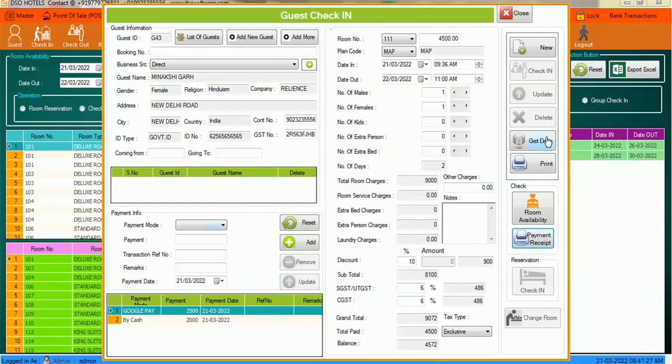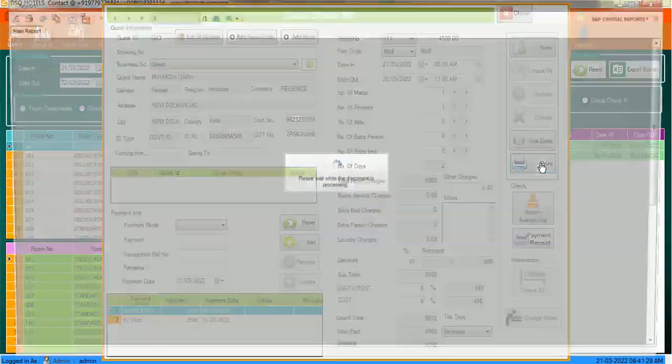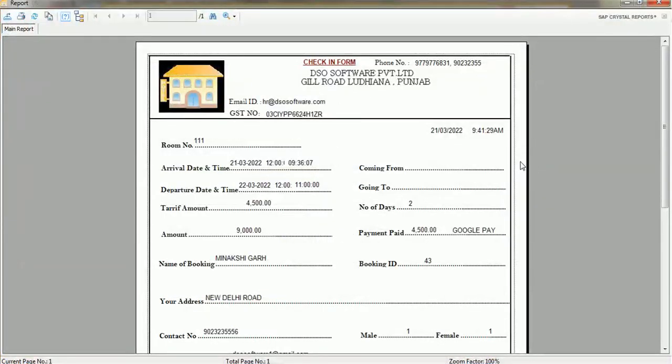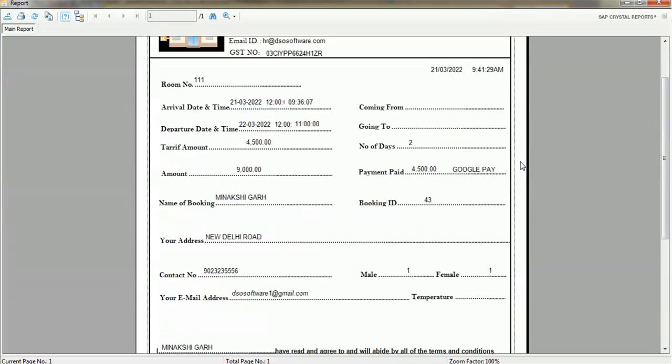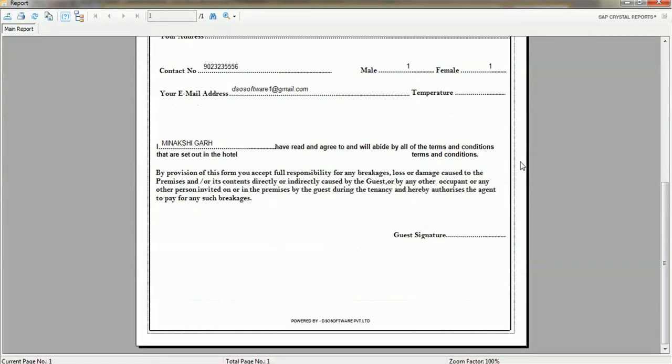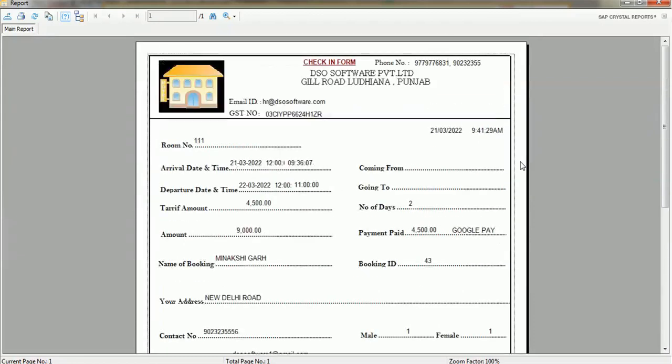So this is a payment receipt. If you want to give the guest a print form, where you would otherwise fill in the form manually, there is no need to fill a manual form. Just click on forms, and all the details automatically come onto the form. Just print it out and take the signature of your guest.